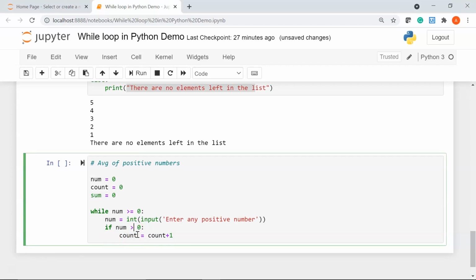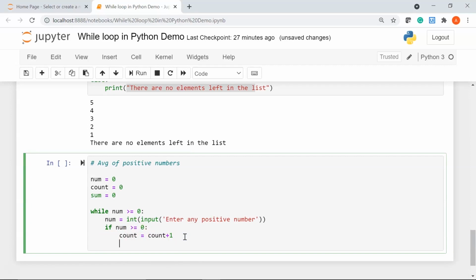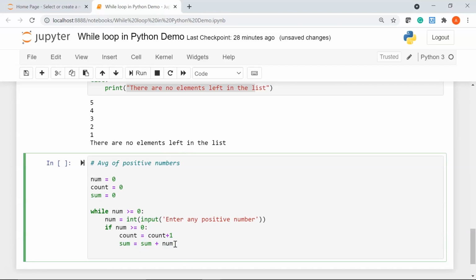Let's make this greater than equal to 0. Then I'll say sum equal to sum plus my number. So here I am keeping track of the numbers that we have entered, and here we are calculating this sum, that is the cumulative sum.